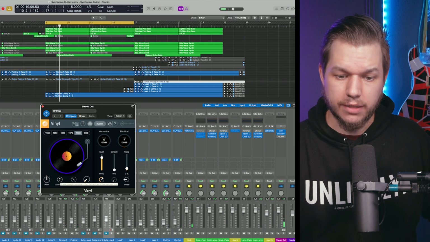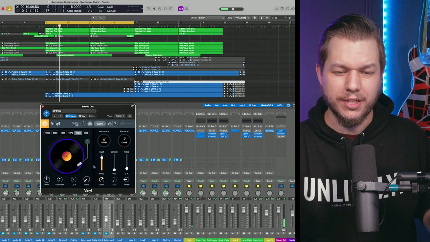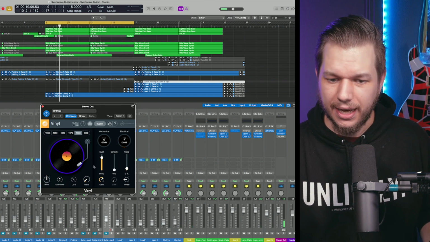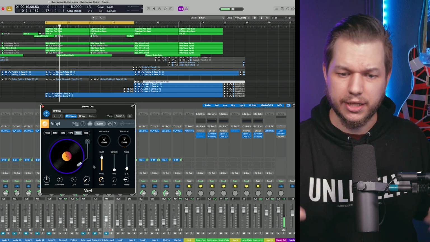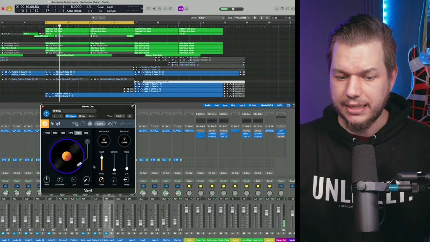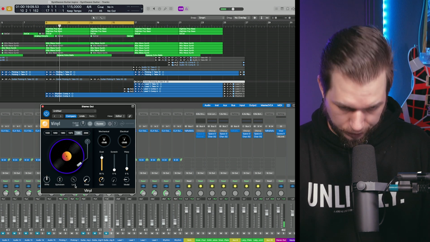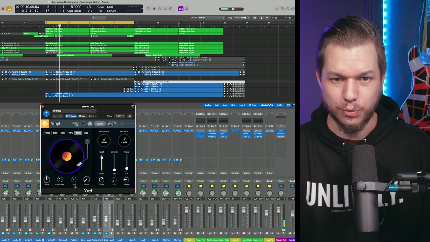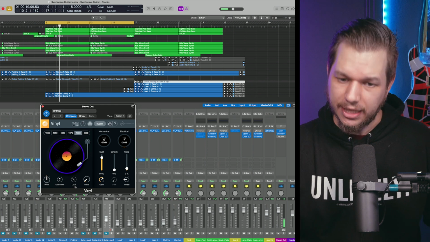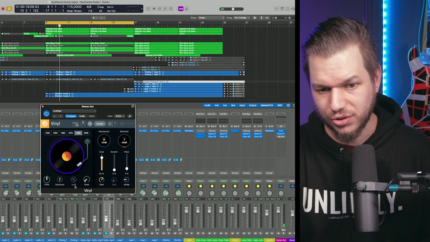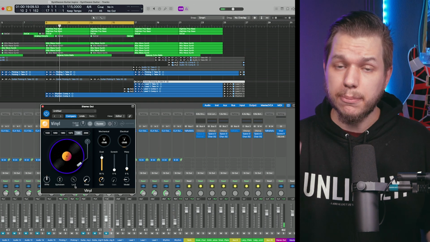That's amazing. You can really tweak how vintage you want it to sound. There are scratches and mechanical noises and things like that that you can add, and then you can do the slow down thing, which is really, really cool. You can obviously automate that and use it as an effect in one of your songs. So yeah, fantastic plugin, completely free.